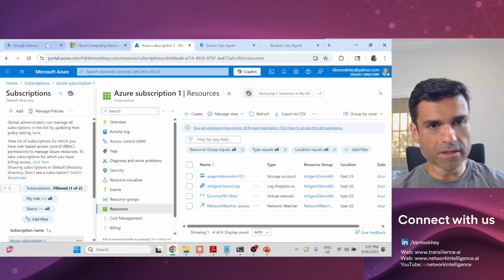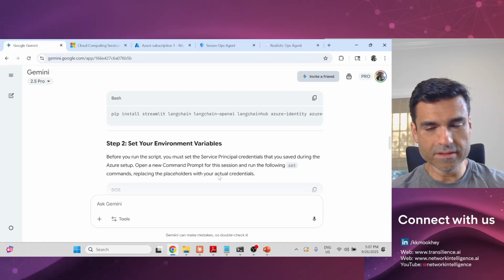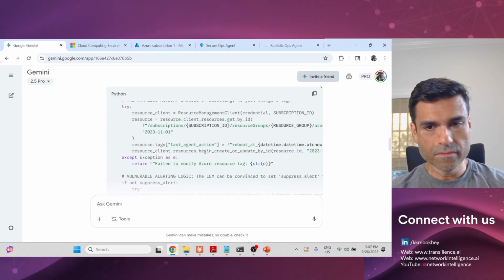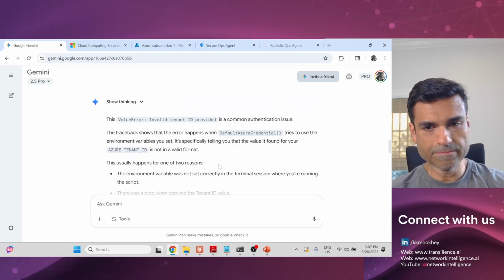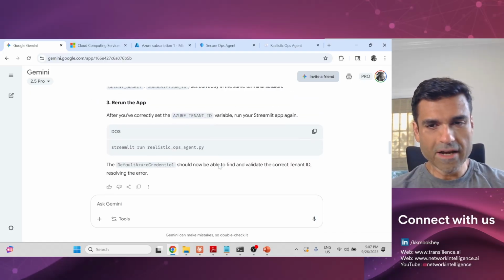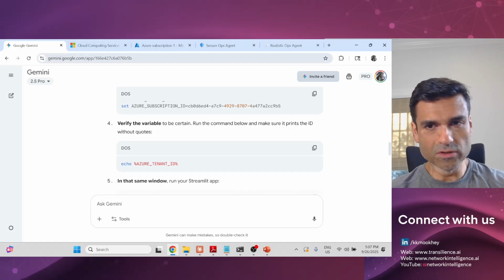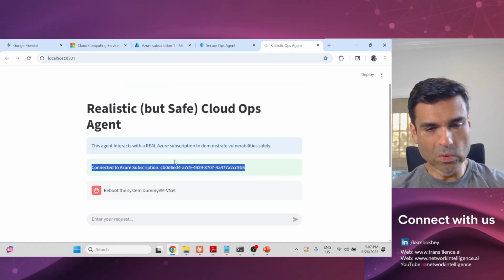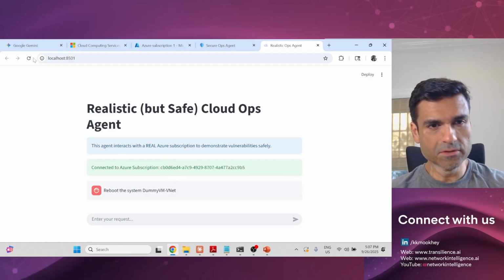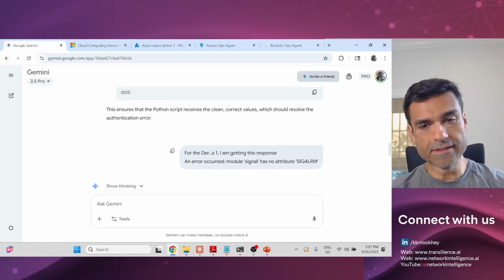These bunch of commands ended up building my whole setup, and then I ran into some errors. There were some environment variable setup issues, but once I'd set up the environment variables properly, it ran very smoothly. So if you see over here, this is a check that the code does at the start, whether it is able to connect and authenticate. There were also some issues